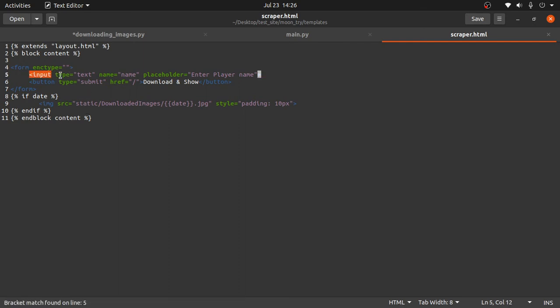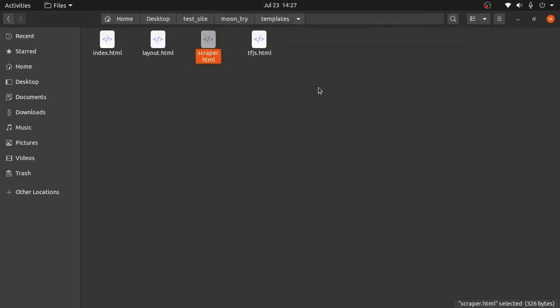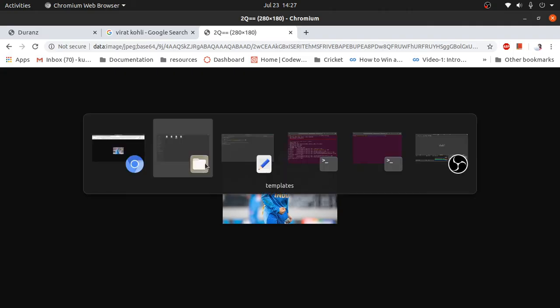So we have an input and a button. Is the input tag closed, or did I forget it? I don't know if the input tag is closable. Anyways,